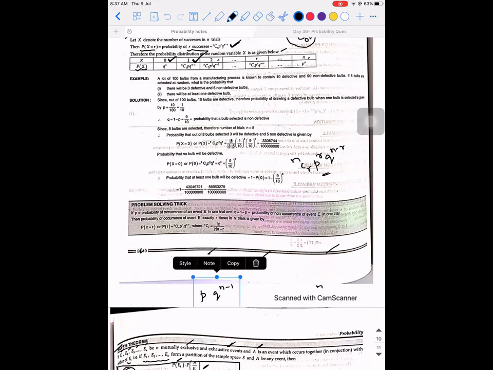So this is actually derived from an observation like this. Are you guys able to understand? Because I'm saying the number of success, but I'm not saying at which trial you are getting the success. So there will be these many events that are possible. Are you guys able to understand? That is why the formula is nCr into p power r into q power n minus r. So that's all with this concept. Similarly, when you go to the next one, there now nC2 comes. I hope you understood.